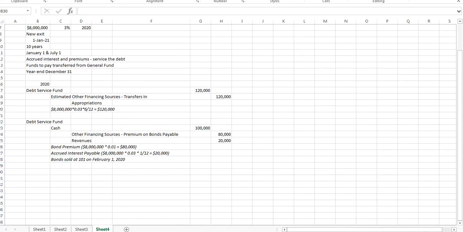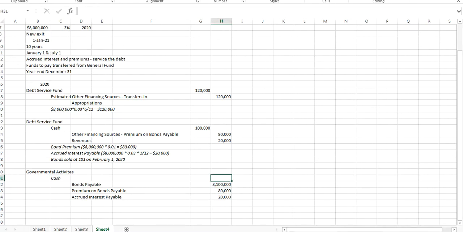Okay, and then we have our governmental activities. Same transaction. We have cash. We have bonds payable. We have premium on bonds payable. And we have accrued interest payable. Okay, so these are the same calculations, just like we did before. And then our bonds payable is